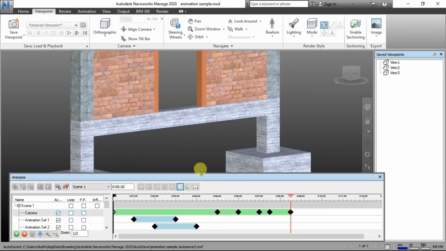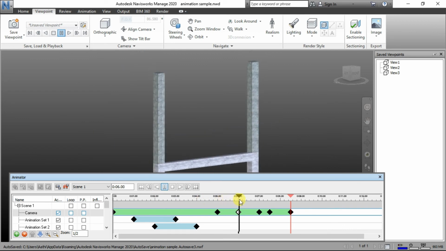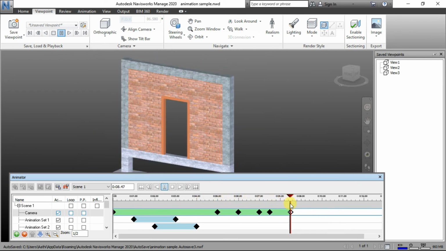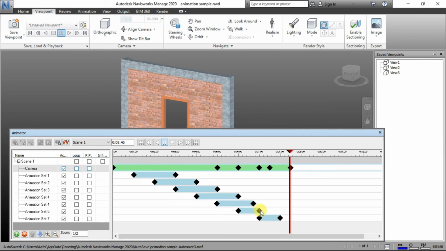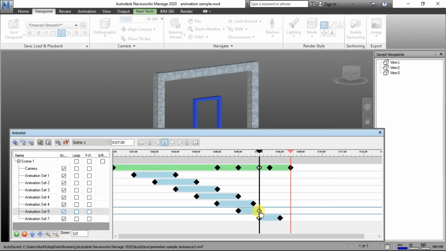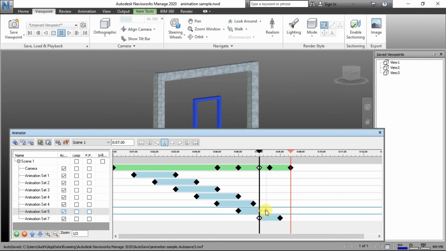So now the camera fixing process is completed. Yeah, it works fine. There is some misalignment in our brickwork animation. So let me adjust it. Just pick and drag to adjust.